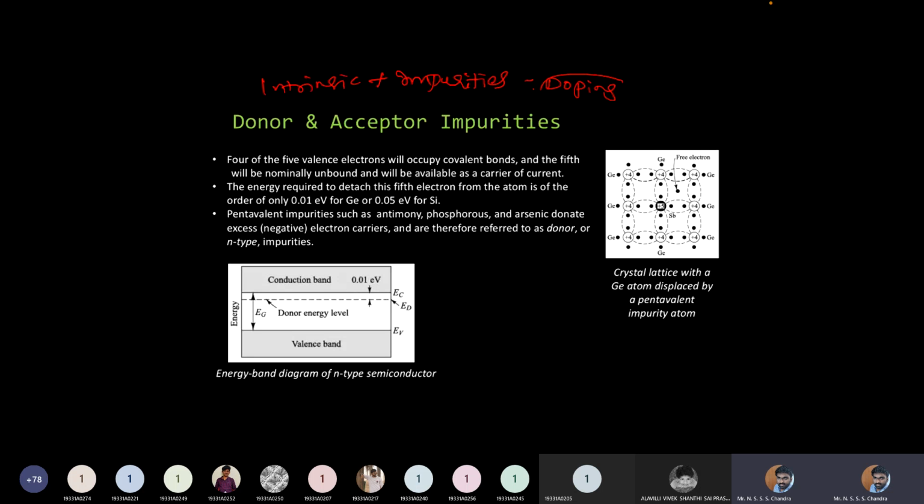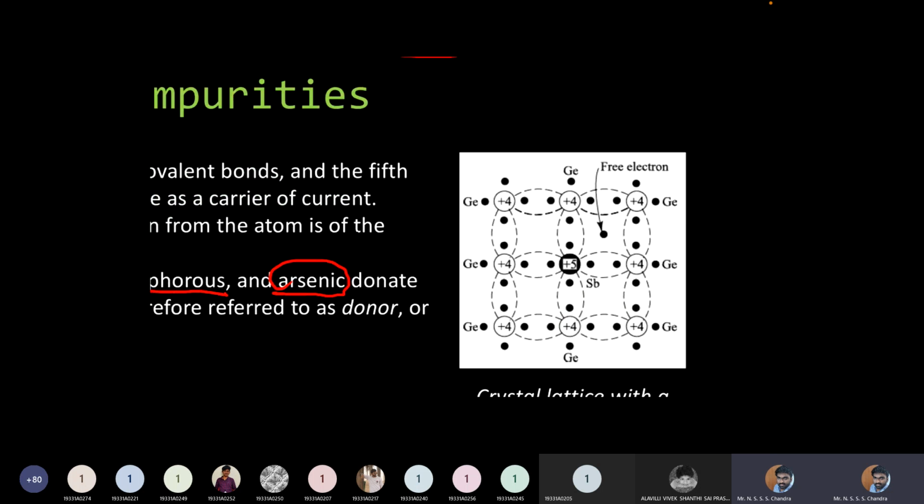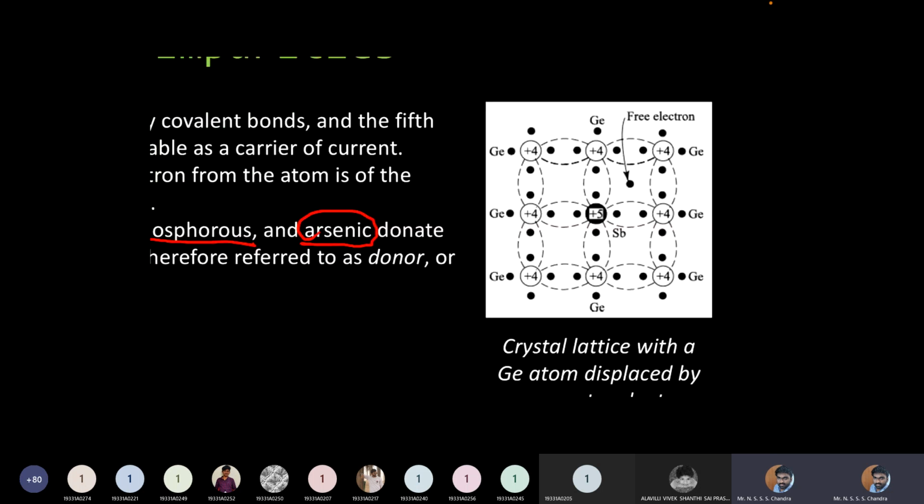First, we have two types of impurities. One is a pentavalent impurity, and then we have a trivalent impurity. Pentavalent impurities are like antimony, phosphorus, and arsenic. When you have such impurities, even in very small quantity, they are going to replace the germanium atoms. If you see this crystal structure, in place of germanium, an antimony Sb atom has